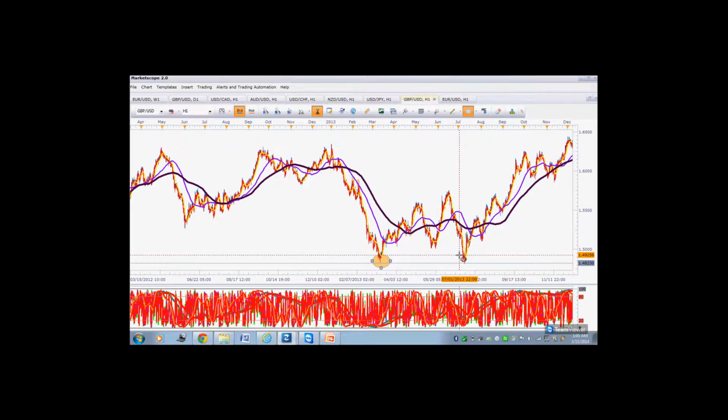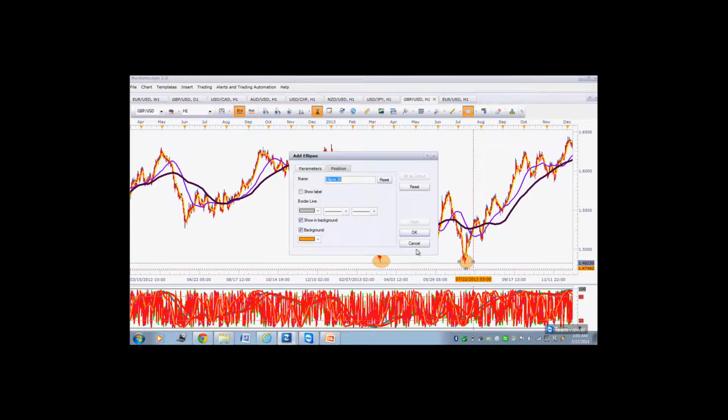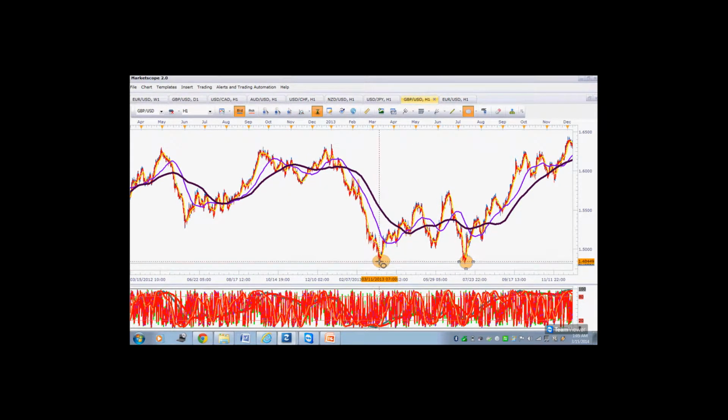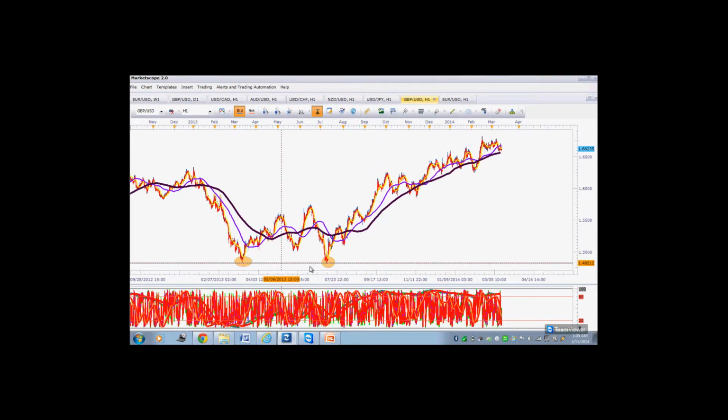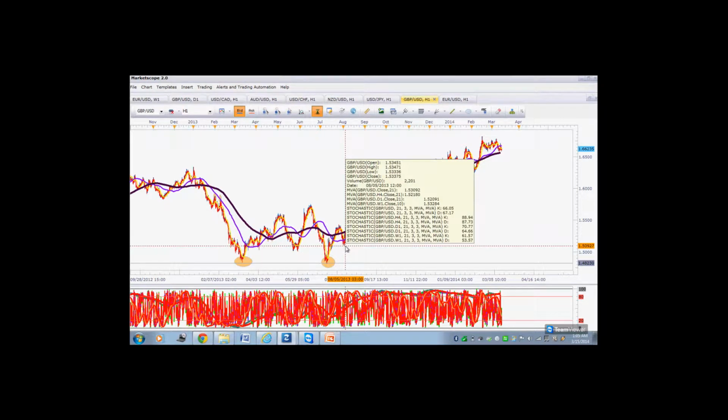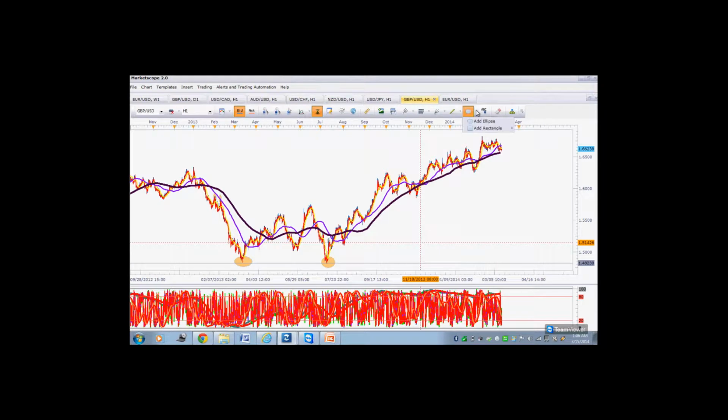Support was tested during this period, and after this test, this last low, price closed above the weekly moving average. It was established that this price is already supported by the buyers. Price started to form a higher high, higher low. This is now the higher low. After this ABC pattern, the low, higher low, price closed above the weekly moving average, and the new trend started